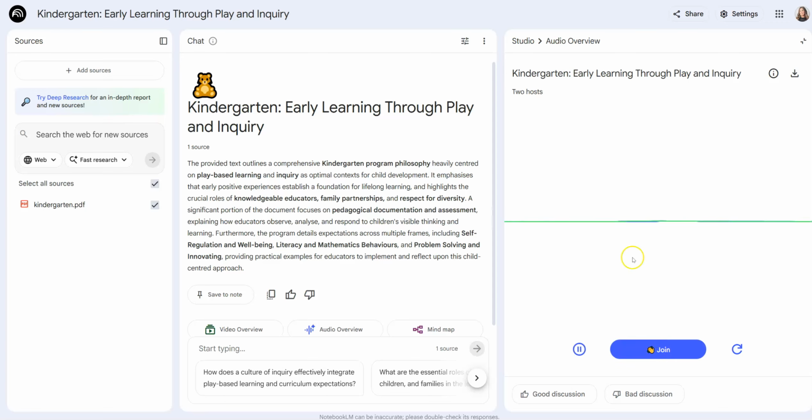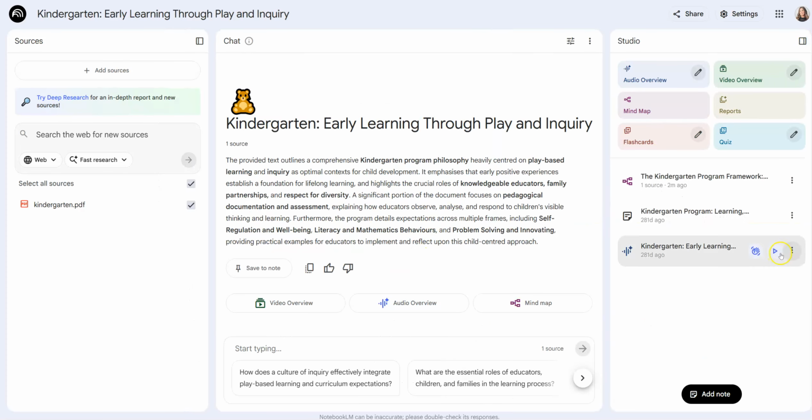That is a fantastic question. And we are so glad you asked. Okay, let's unpack this right now. You've hit on the central pillar of this program. When we look at this document, play-based learning is everywhere. It's not just a suggestion, it's foundational. The program is explicitly described as a safe and caring play-based environment. And the document states that global research confirms play-based learning is a focal point. It has proven benefits for...